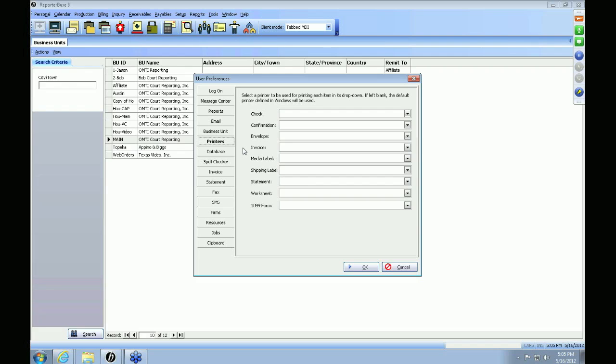Now we allow you in the RB8 to send jobs to multiple printers if you have multiple printers in the office. So for example, if you have 3 different printers in the office and you want to send your confirmations to the front printer, your invoices to the back, and your statements to the back as well, just use the drop down and select whichever printer you want it to be sent to. Now if you leave it blank, like this, it's going to send it to the default printer you have set